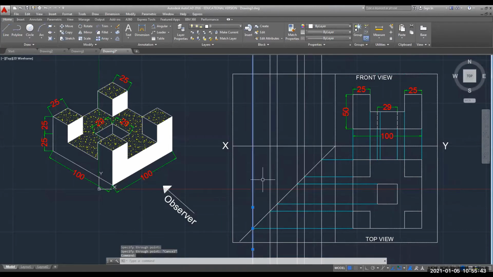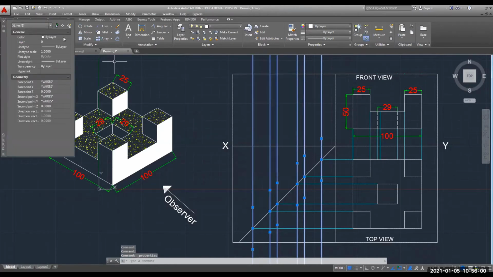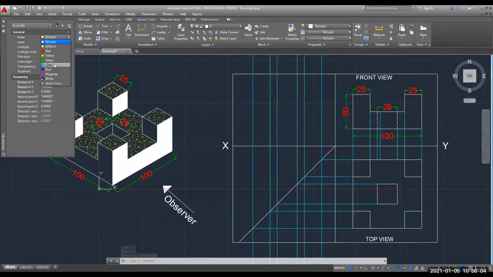For changing the color, first you need to select all the lines by pressing the shift key of your keyboard. Then right click, go to properties. At the top you can see color by layer, make it light blue.